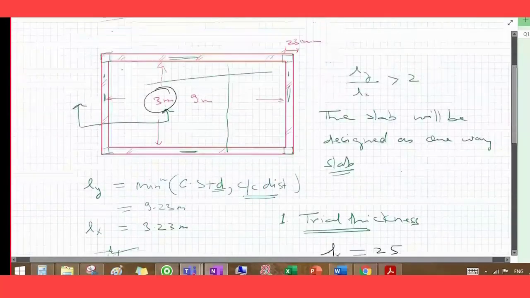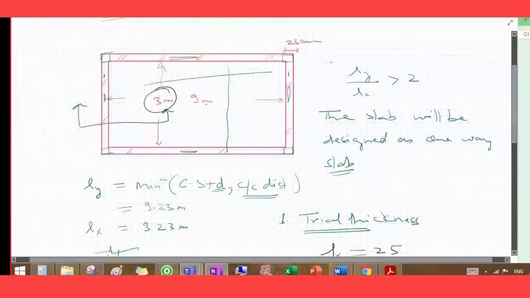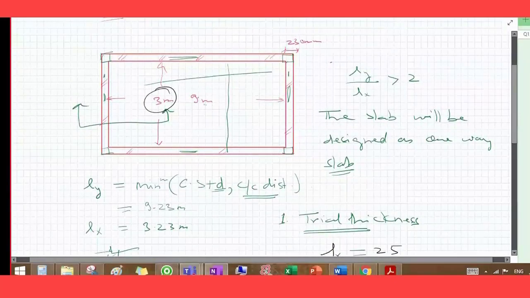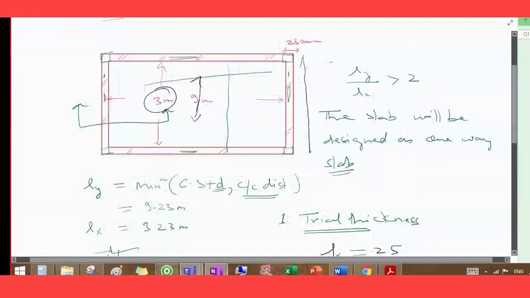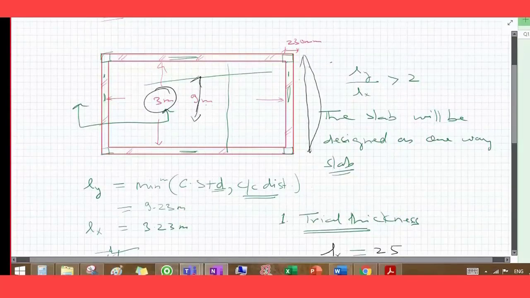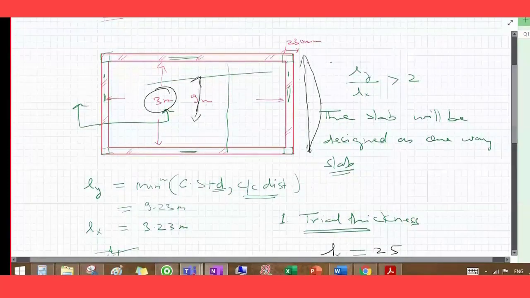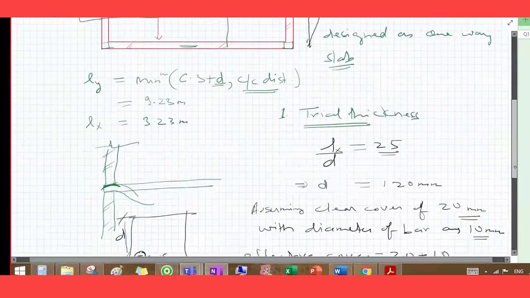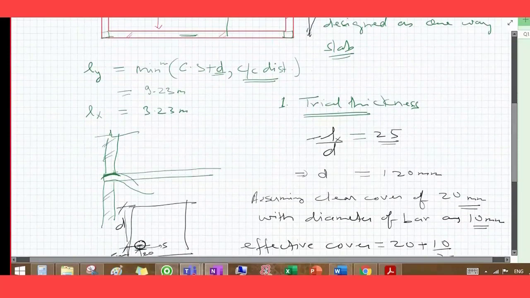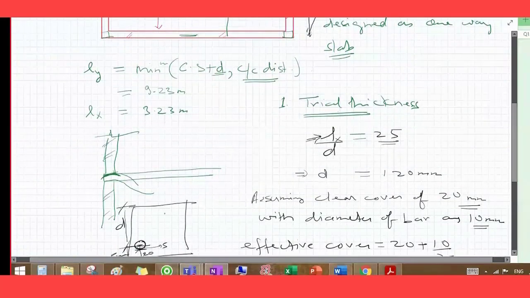the bending happening here, this is a one way slab. Now in one way slab where bending will be dominant, it will be dominant about shorter span. Because when bending happens, where will bending dominate? It will dominate in this shorter span. So if the shorter span is bending, deflection happens in it, so if we take the deflection criteria, we will take the shorter span, Lx. Is this clear?